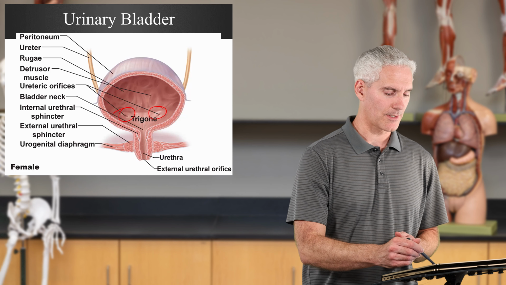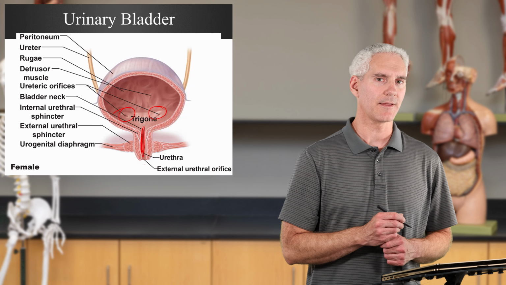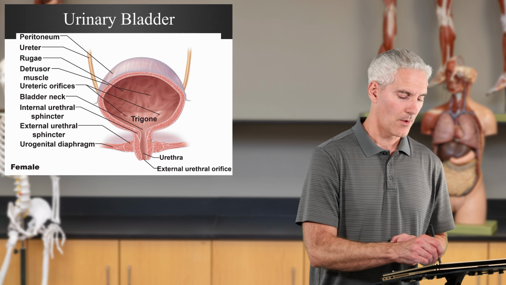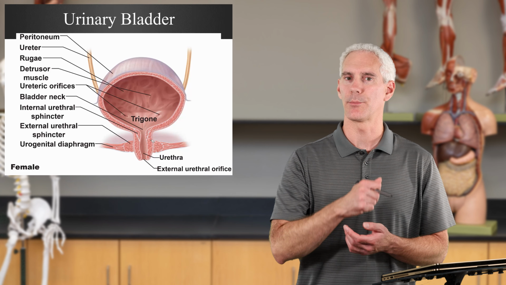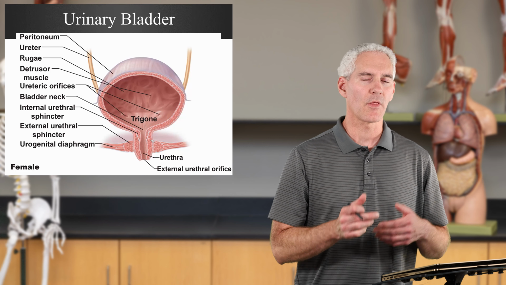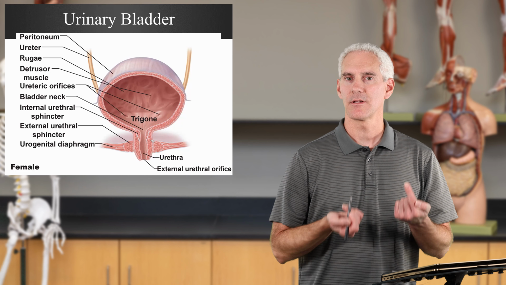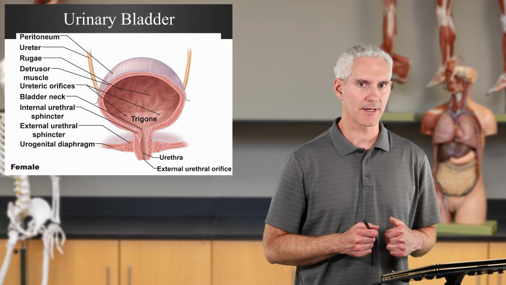You'll notice then right down here is where the urethra comes out. Those 3 pieces, the 2 openings of the ureter and the urethra, make that trigone area. Just that area sitting down there between the 3 openings. So that is the same, male or female. You have the same ureters, openings of ureters, you have the urethra opening, leaving the urinary bladder, and then you